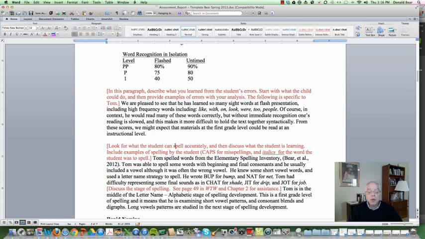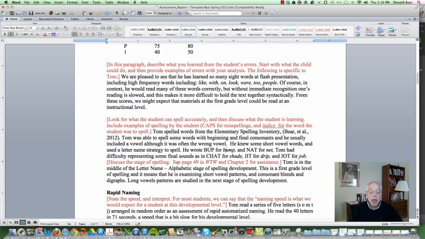Look for what the student can do and then talk about the needs. Similarly, this is where we discuss the spelling, the elementary spelling inventory. Discuss what the student can do, and then discuss some of the errors. Notice that the errors are in caps, and the word they try to spell is in italics. I refer you to page 49 in the 5th edition of Words Their Way to see the discussion of the spelling stages